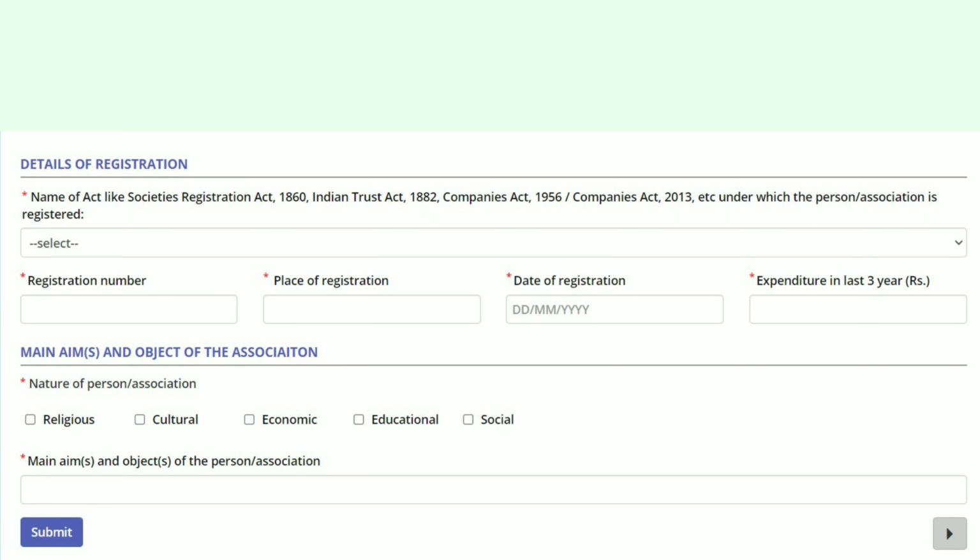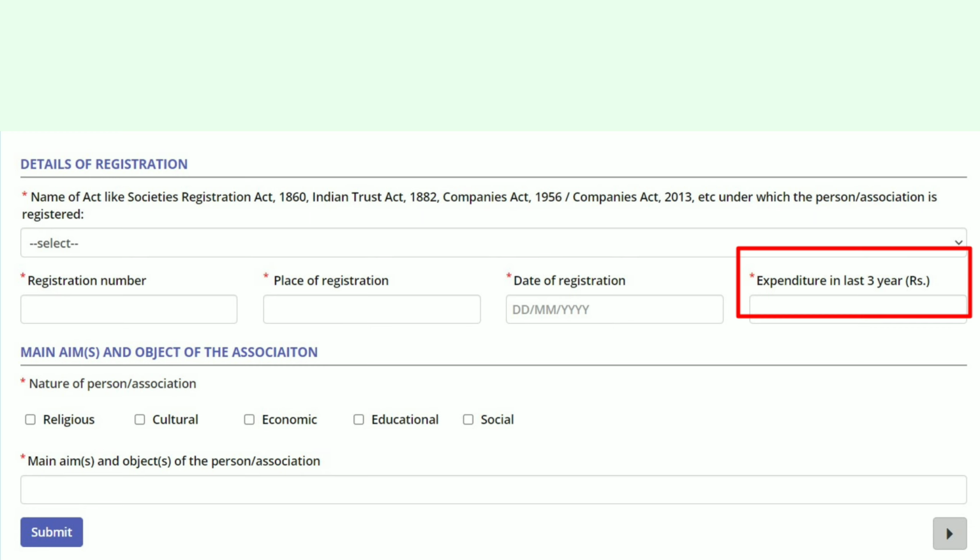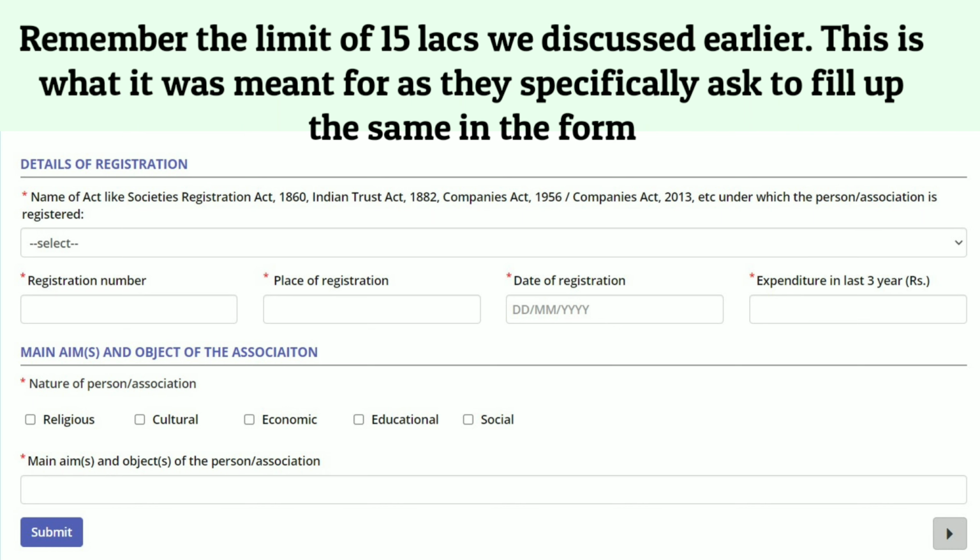One of the many options provided in the drop-down list is 12A of the Income Tax Act, which implies that even that option can be selected if your organization is not registered under any other act. Here, you also need to fill the total amount of expenditure done in the previous 3 financial years. Remember the limit of 15 lakhs we discussed earlier? This is what it was meant for, as they specifically ask to fill up the same in the form.